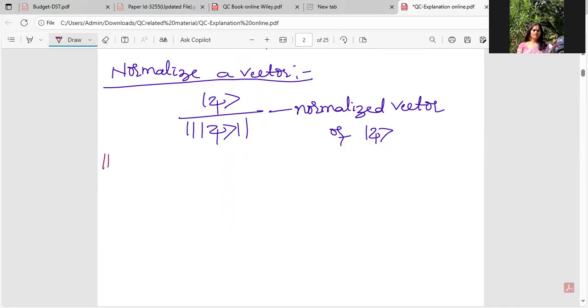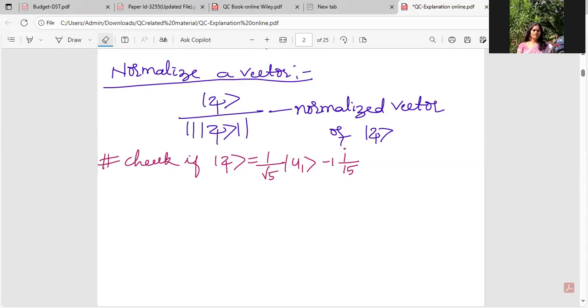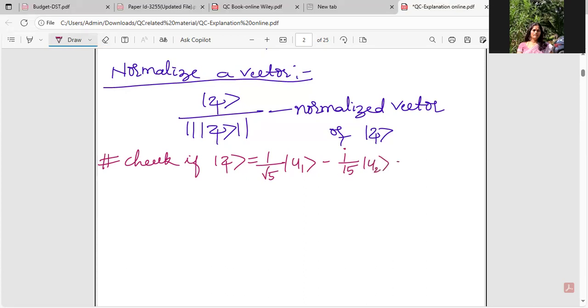Example: check if ket xi, given by 1 by root 5 ket u1 minus i by root 15 ket u2 plus 1 by root 3 ket u3,